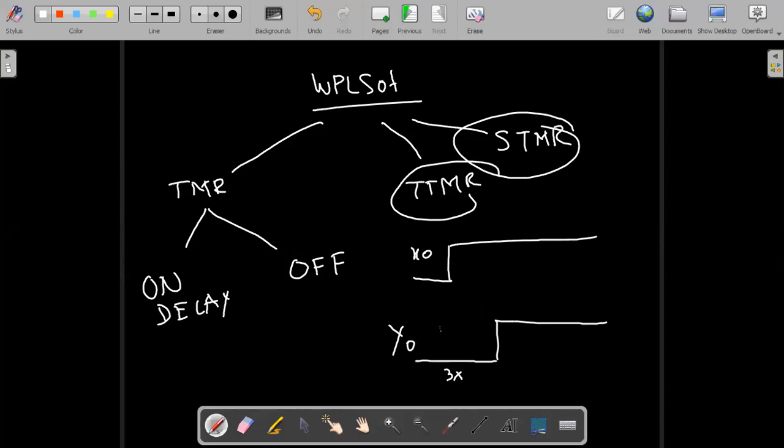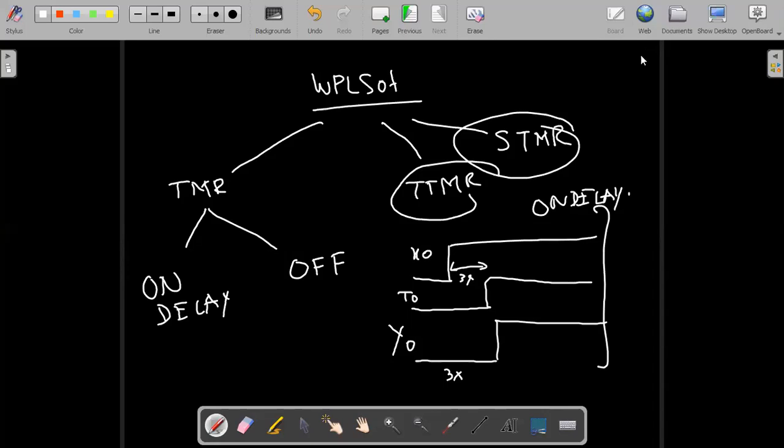So this is governed by the timer. Here you have the timer. After I have pressed, it will run for 3 seconds. After 3 seconds, your T0 will become high and your output will go high. This is an example of an on delay timer.